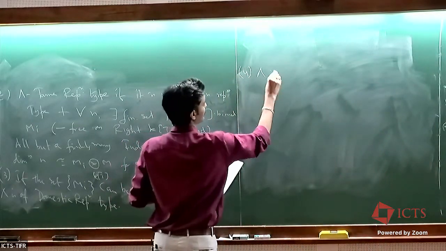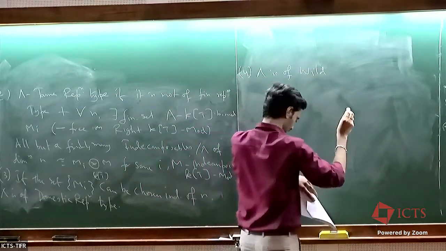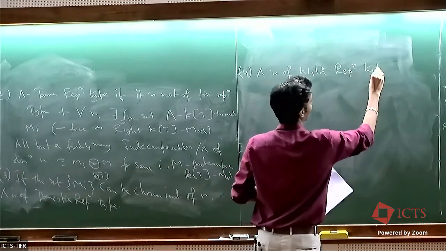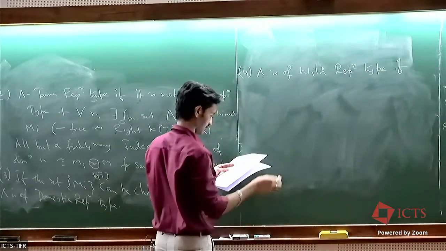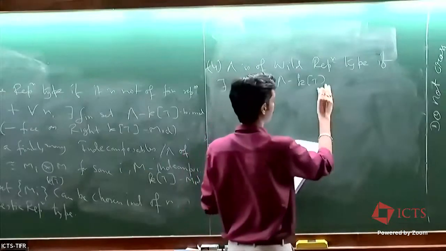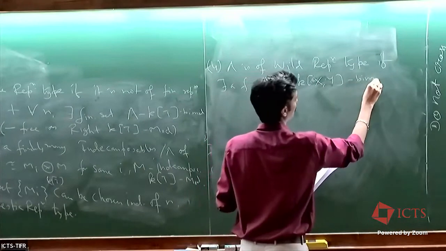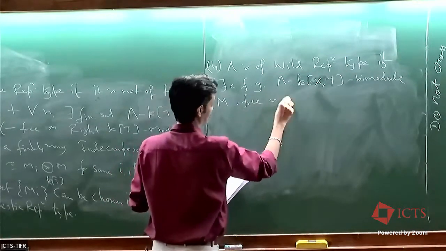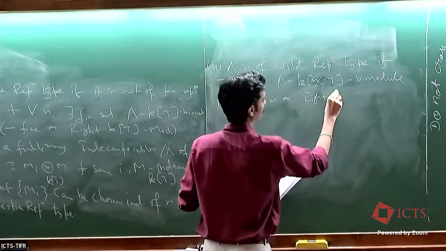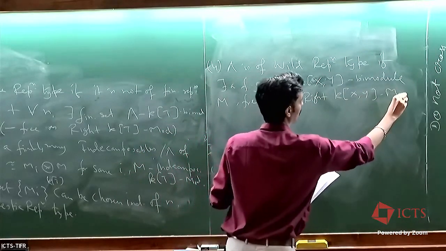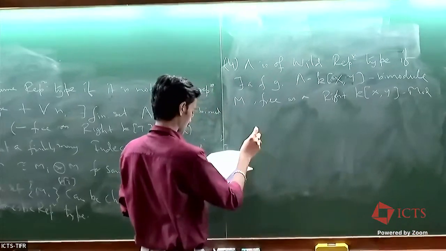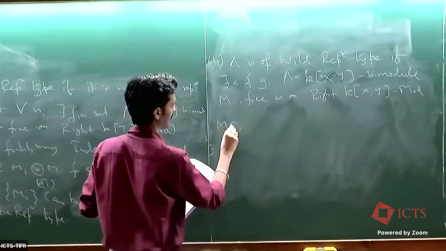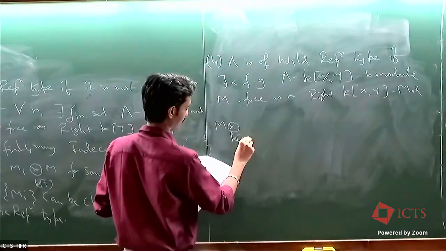And the last one is that lambda is of wild representation type if there exists a finite lambda-kxy bimodule m, again free as a right kxy module, and if I take this functor m tensor over kxy,